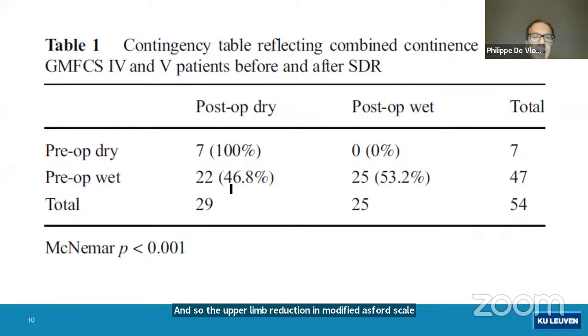Again, what he noted in the previous series is that there seems to be an effect on continence as well. This is a table showing the continence pre-op versus post-op. What you can see is that children who were pre-op dry were in 100% of cases also post-op dry. So it doesn't seem to be risky to damage the continence, as we know from the 2s and 3s, but also in the 4s and 5s, it seems to be relatively safe from a urinary viewpoint. Interestingly enough, he saw that there was a fairly large group of about half of patients who were pre-op wet who became post-op dry.